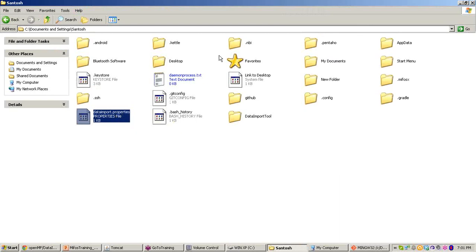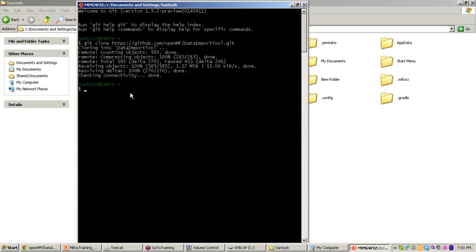Once you create this data import dot properties, the last step you need to do is enter the folder. Let me check what folders are present here. I have already set up.